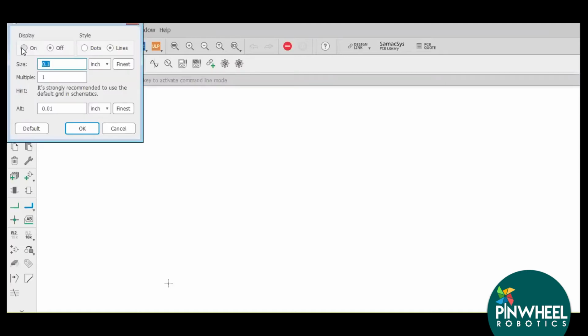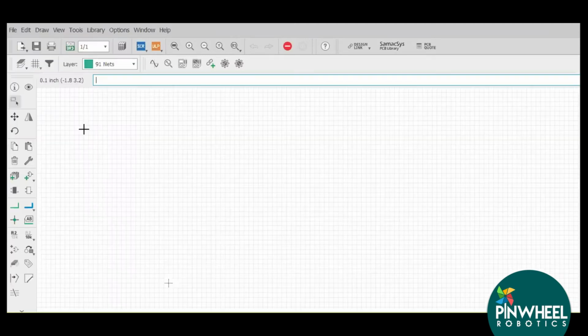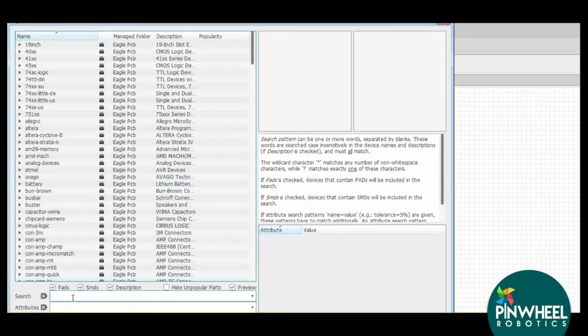Here I can turn on the display of the grid. Now I want to add the components for my circuit, so from Add Part, I will add the components. These are the general tools which we use: move, mirror, rotate, copy, delete. So this is useful, and when you practice, you learn more about it. For example, to make an LED program, I need a 9-volt battery.